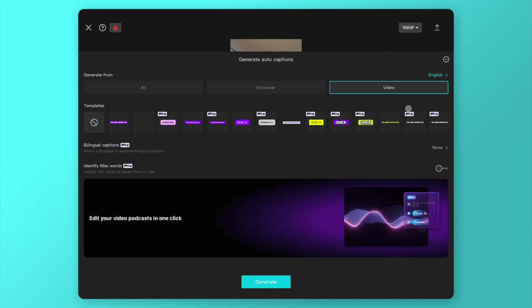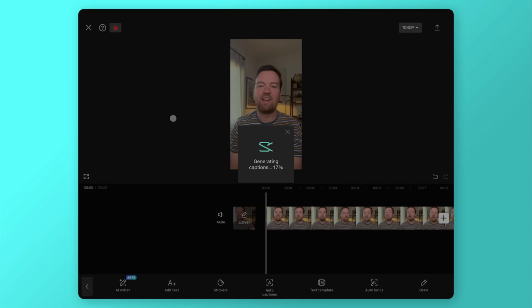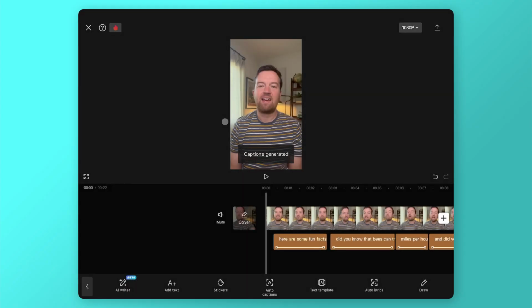Then you'll want to choose a template. So here we have, again, pro templates, or some basic ones, or no template, which will just make it some basic text. I'm going to choose this one here and then tap generate. While that generates, there were a couple more options for removing filler words automatically and bilingual transcription or captioning with the pro features. But now you can see that all of these clips